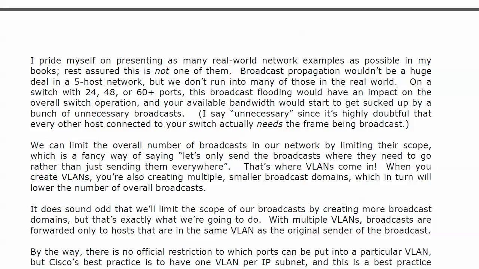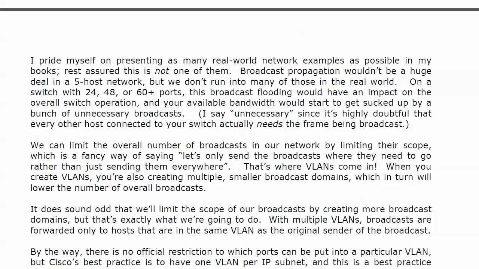I've had people come back to me who ran very simple networks, and they didn't do a lot of fine tuning with it, and they would come back, especially when I was teaching this course live. I'd have people come back and say, hey, we started looking at this VLAN thing and implemented it, and all of a sudden, our switch was actually working a little better because we didn't have as many broadcasts to handle.